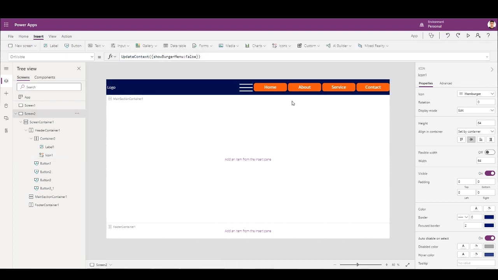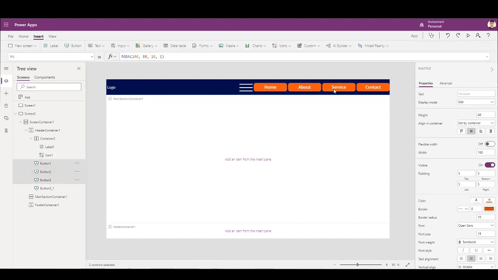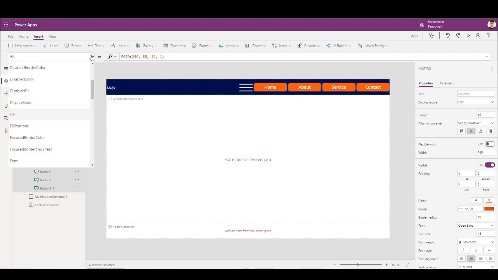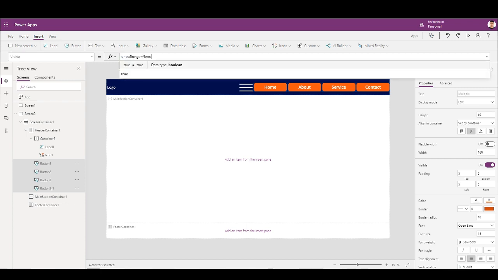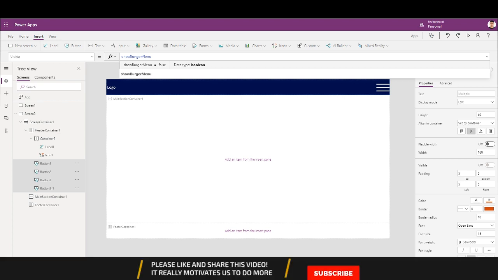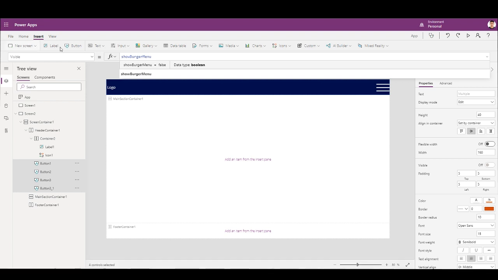So it's done here. Now I'll select the buttons and on visible, burger menu, but it's not enough that only burger menu works here, because it needs to show up when the menu is clicked, but it also needs to show up when the screen size is not medium.